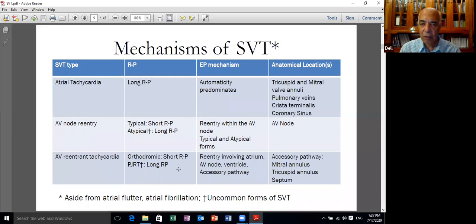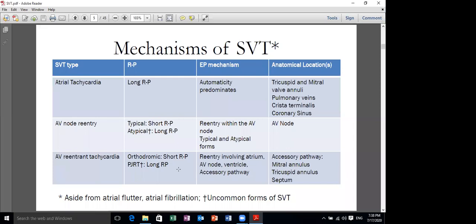Remember that the AV node itself does not contain the circuit which is responsible for the supraventricular tachycardia. It's the region of the AV node. So if you hear me talking about the AV node, you think of the AV nodal region, not the spot which is called the AV node, because actually the fast pathway and the slow pathway are not located in the AV node, they are located around it. And it is important to realize that this is a physiological concept, and the concept has been verified by electrophysiological studies, but histologically, nobody could identify something called a fast pathway or slow pathway.